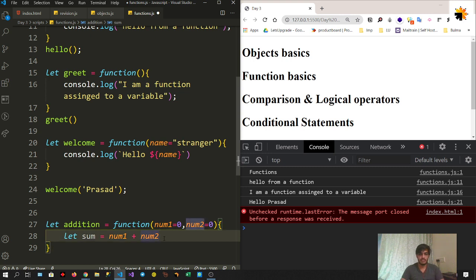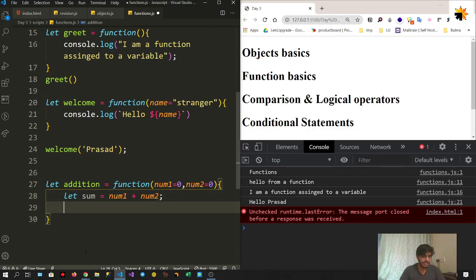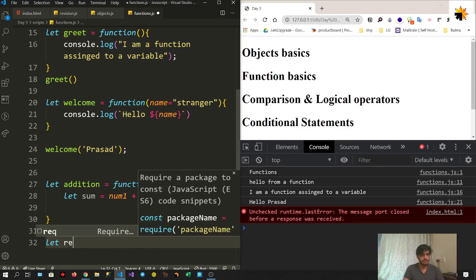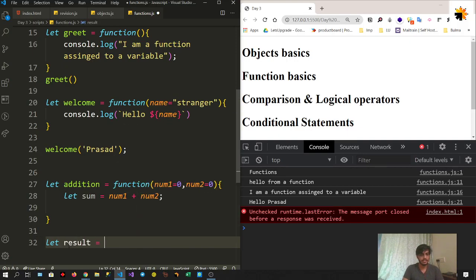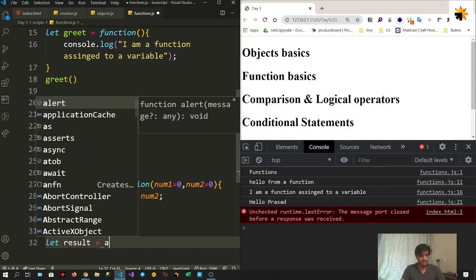So now if you'll see, whenever a number comes inside this as an argument, it will get added to this sum variable. First this will be computed and the sum will be stored in this. And now I don't want to print directly. I'll store it in a different variable. Let result is equal to addition,